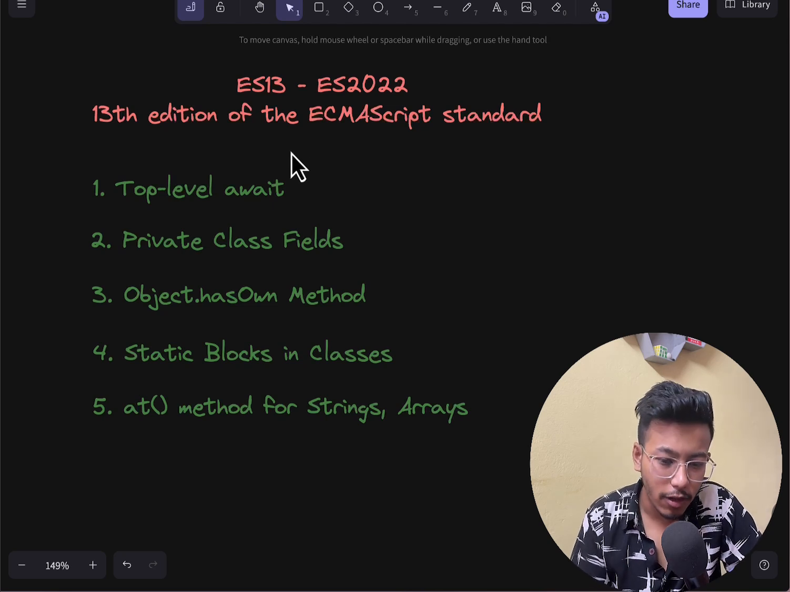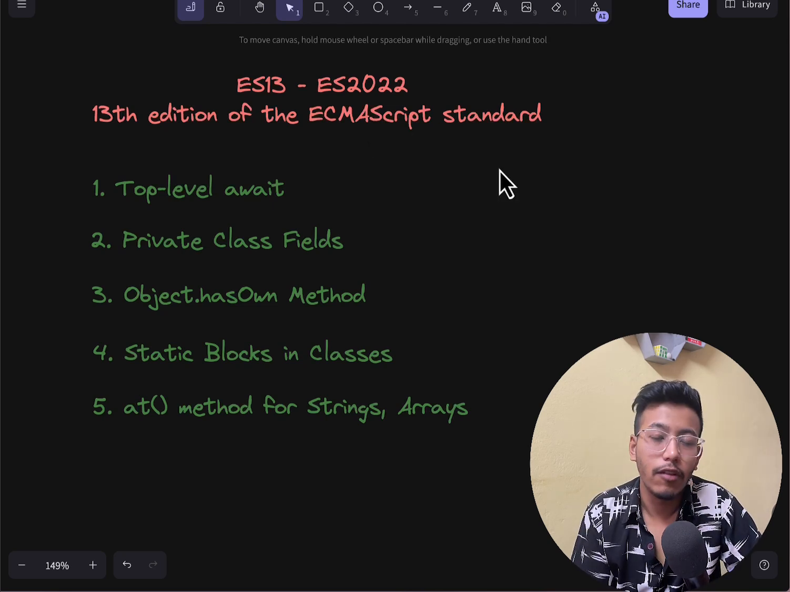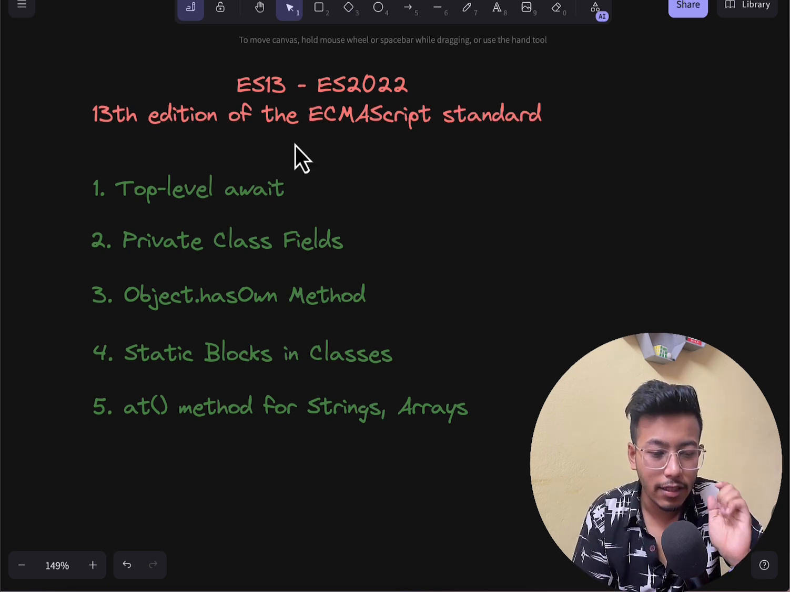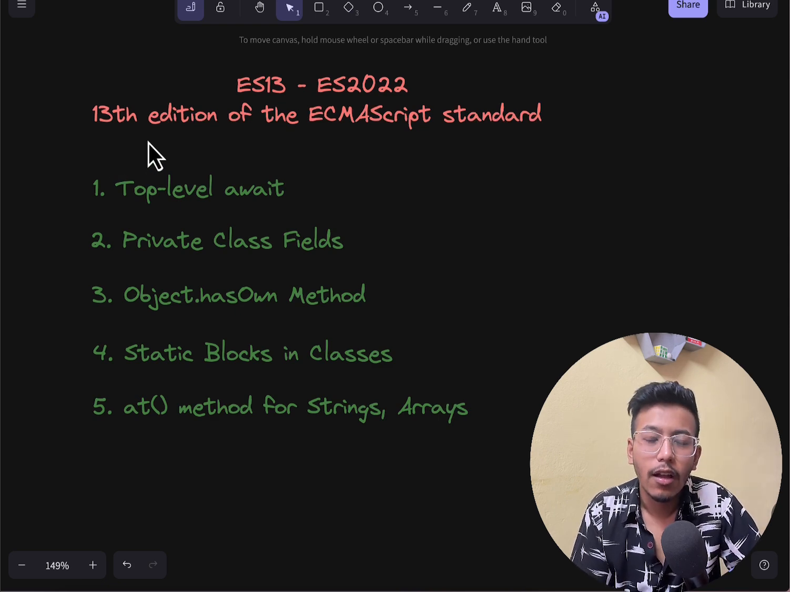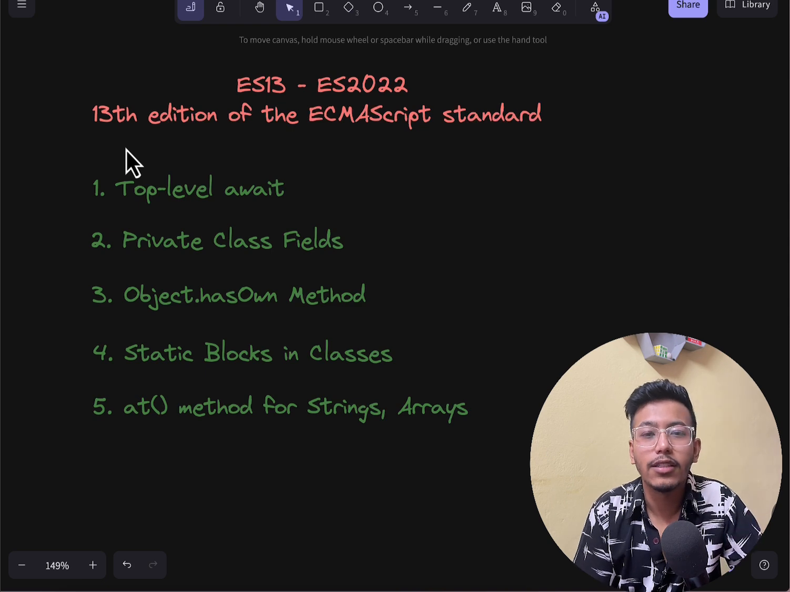ES13 is the 13th version of the ECMAScript standard. If you know about ES6, the 6th version of ECMAScript is the industry standard nowadays. Now ECMAScript has reached the 14th version, although we are going to talk about the 13th version. The 14th version doesn't have any remarkable change, but the 13th version has some remarkable changes that will make your day-to-day